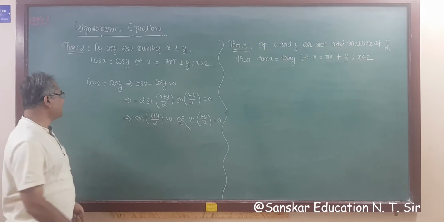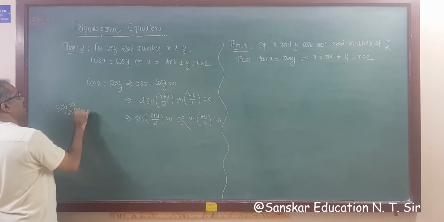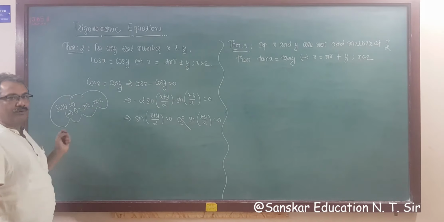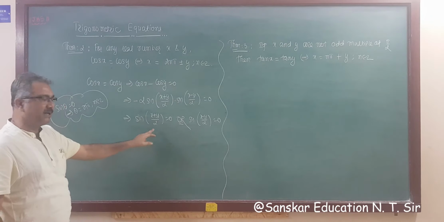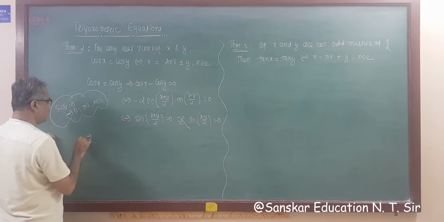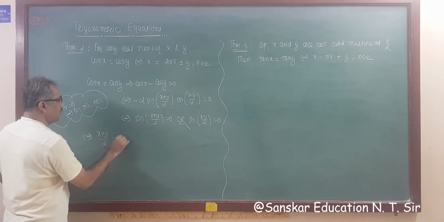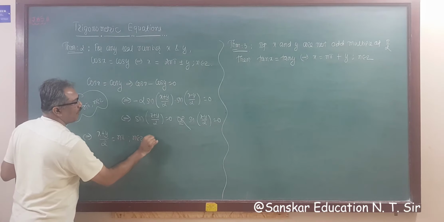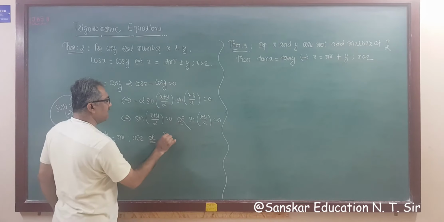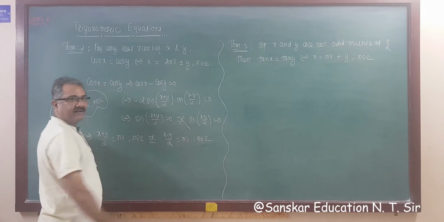So the set of zeros for sine, you know, sine theta is equal to 0 implies theta is equal to n pi, n belongs to Z. This is the set of zeros for sine that you know. So therefore, this implies, in fact it is a double implication, (x plus y)/2 is equal to n pi, n belongs to Z, or here the same formula, only the minus differs: (x minus y)/2 is equal to n pi, n belongs to Z.